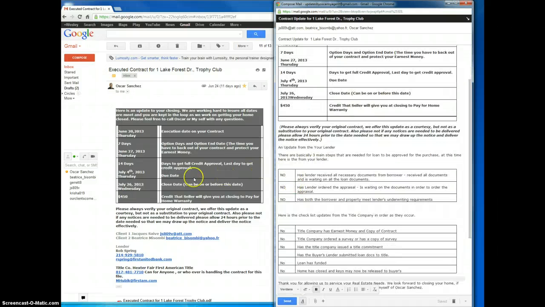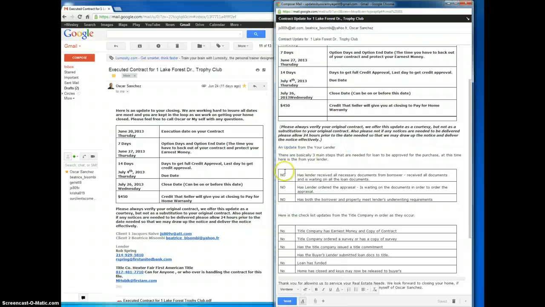Then it says "update from your lender." To get the first update, all you have to do is click on the button, call the lender, and ask these three questions. Have you received all the necessary documents from the borrower? And in this case, the answer is